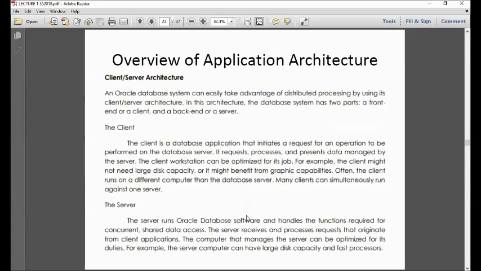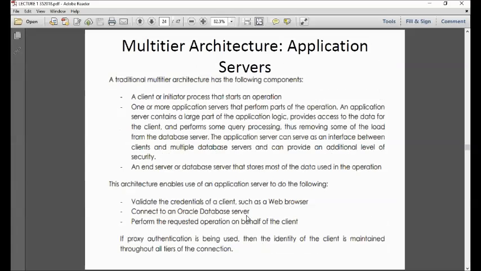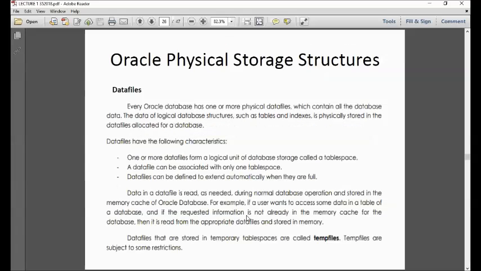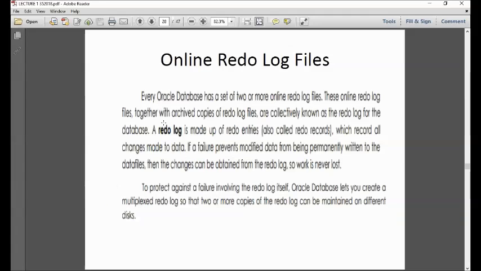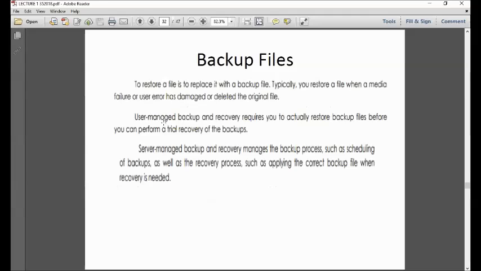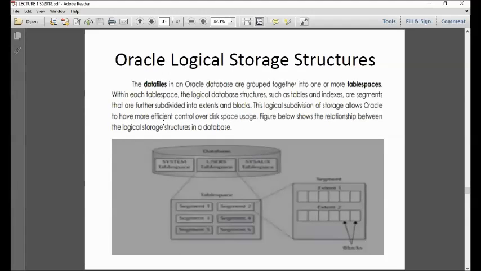We have client server architecture and multiple servers. So we have the physical storage, the data files like this, and control files. We have the database. So this one, if you will read, you will not understand. It is best to be shown in programming.